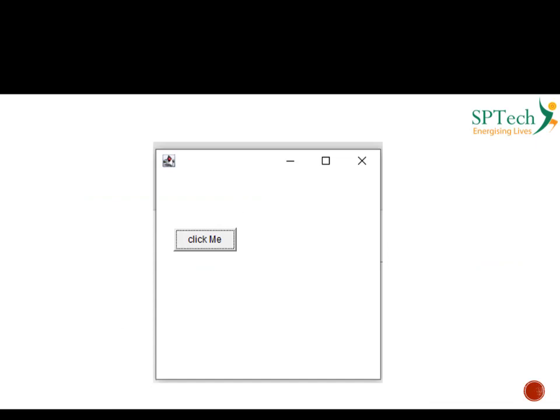So again here you have a frame and you have a button and you have a click me here, but when I actually hit that particular button, nothing happens because we have not written anything in relevance to event handling. To do that, you have to basically create an action listener, which we shall be seeing in the further sessions. Okay, now these are the two approaches where you can create a simple GUI application using AWT. Now let's go and execute these programs in Eclipse and see how the output is going to come.